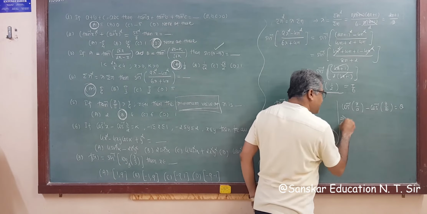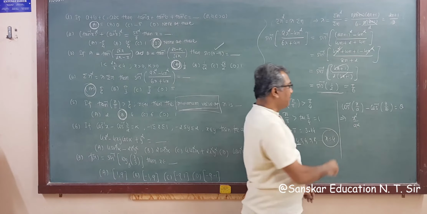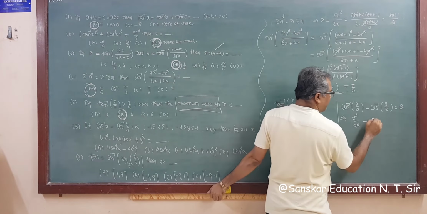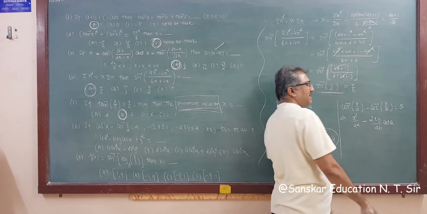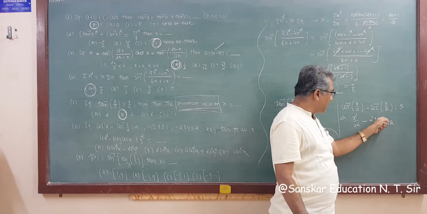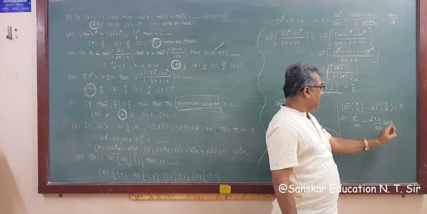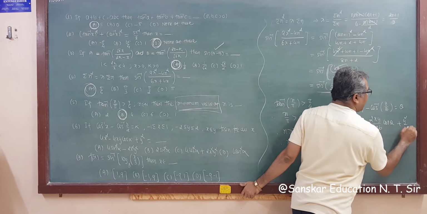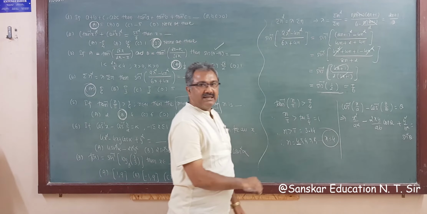Then the answer of this will be the square of this, that is x square upon a square, minus, as usual, by the (a minus b) whole square formula, 2 times xy upon ab into cos theta. You have to write one more step, 2ab as the middle term: 2xy upon ab into cos theta, then plus y square upon b square, and the answer will be sin square theta.